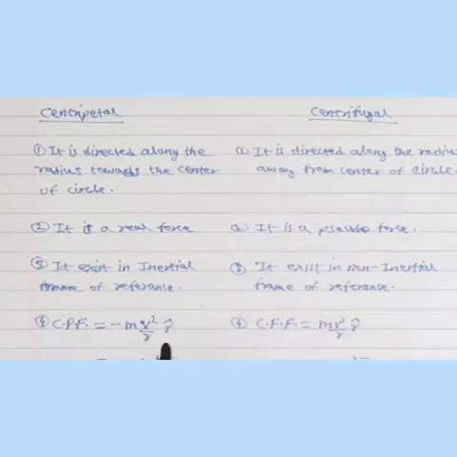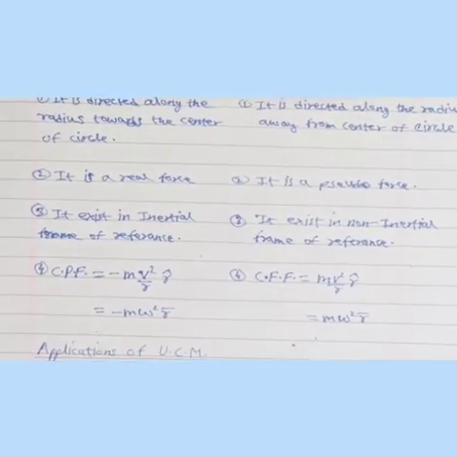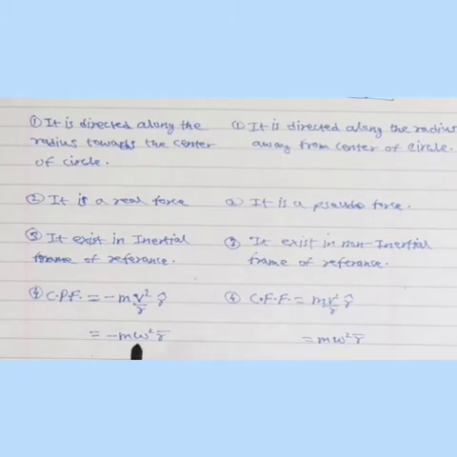From the formula point of view, you can see the actual difference. Here the magnitude is the same, but as you can see the direction, the centripetal force is denoted with the negative sign, that is minus m v square by r into r cap, where this part is the magnitude and r cap is a unit vector which is directed along the radius toward the center of the circle, whereas in centrifugal force the magnitude is the same, that is m v square by r, and r cap is a unit vector which is directed along the radius but away from the center of the circle, and the centrifugal force formula is with the plus sign because it is directed away. Similarly, we can write this formula in terms of angular speed or angular velocity with the negative sign, minus m omega square r bar, whereas for centrifugal we can write it as plus m omega square r bar.